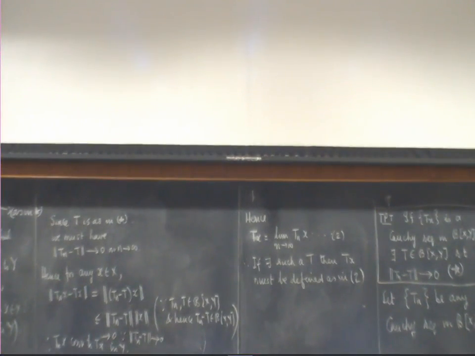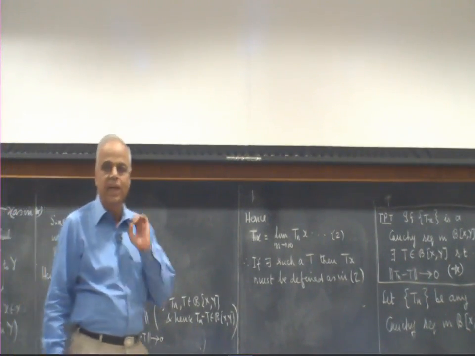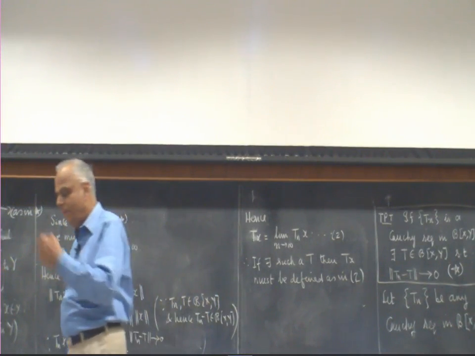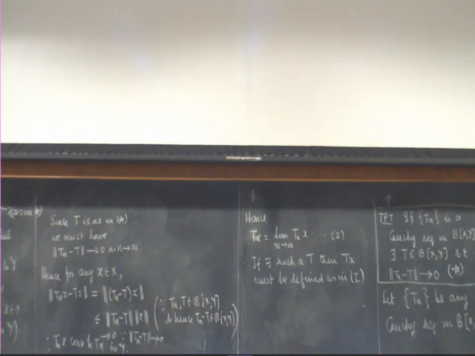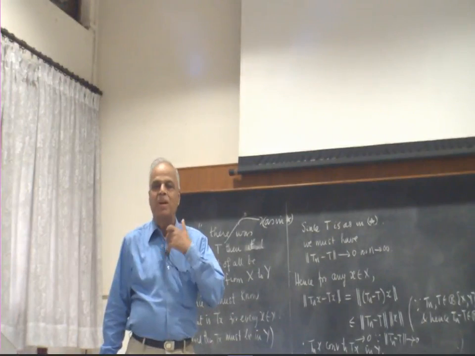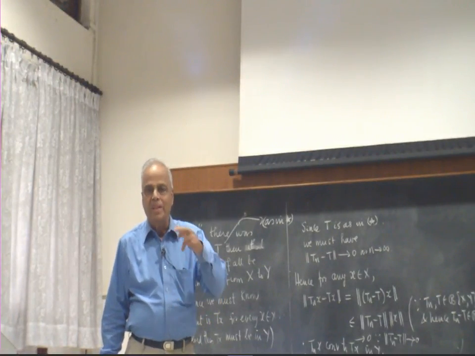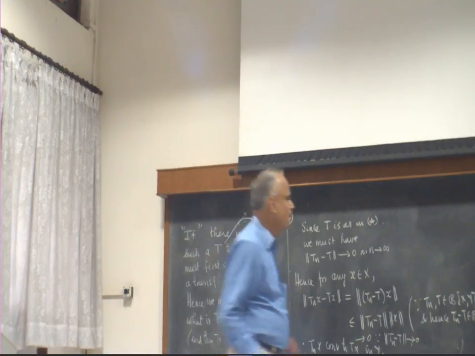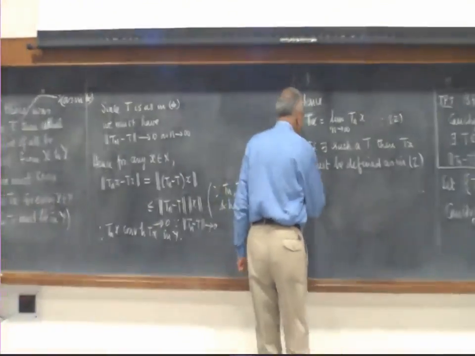What I do is, for every x I look at Tnx and see, because Tn's are given, for every x I look at Tnx and see whether the limit exists. If I am lucky and if a limit exists, I will define that limit to be the action of T on x. Okay. So therefore we do not even know